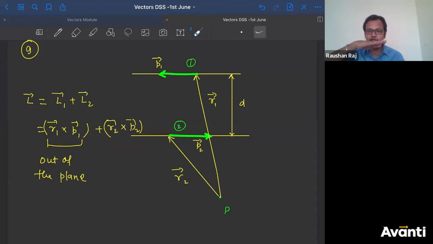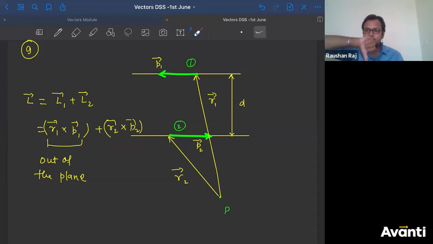You can also direct your right hand fingers like this. But where is P2? It is here. Can you curl your fingers like this? You are not a frog that you are so elastic that you can curl your finger like this. You can also direct your fingers like this, R2. But can you curl it like this? No. So I have to direct my finger such that I can curl it. So R2 should be like this, and P2 is in this direction. So curl it towards P2.